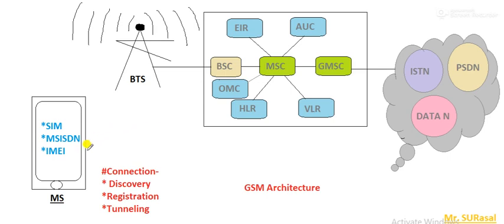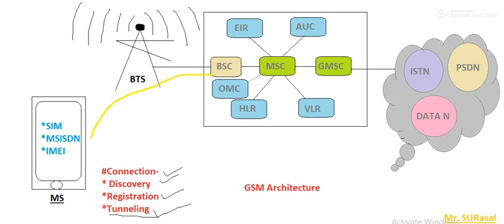First of all, the request will be delivered, which will be completed through those steps I mentioned earlier. Based on that, this device will have network access, and through tunneling the actual information will be exchanged. This is how the mobile station will have the actual network connectivity. If you see, after the BTS the BSC comes first.